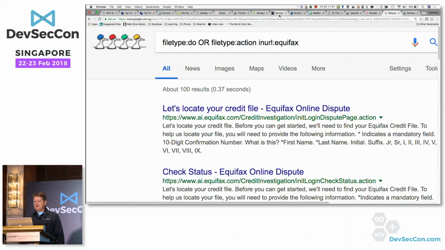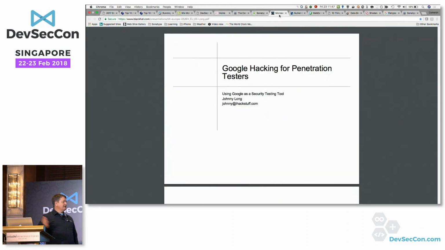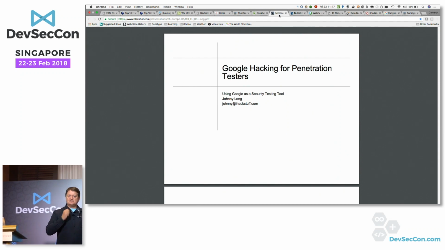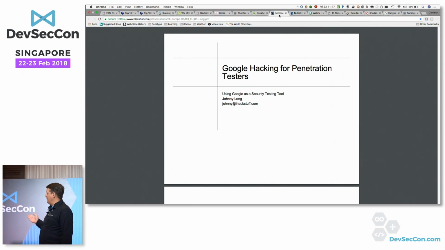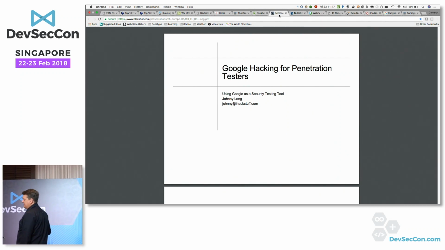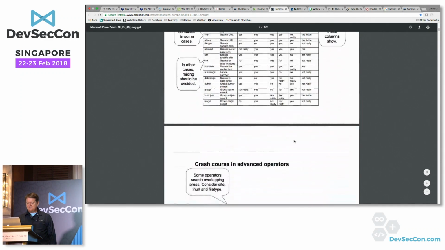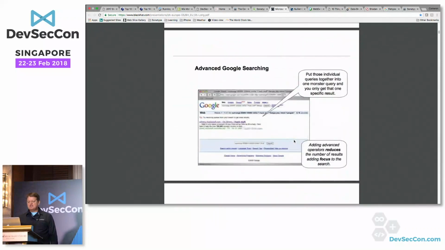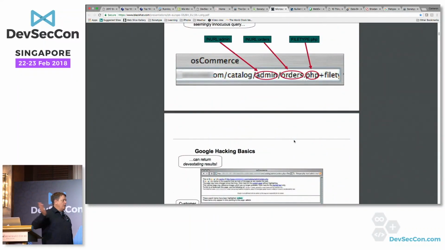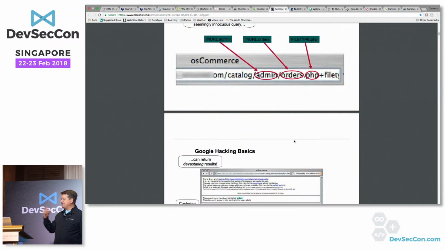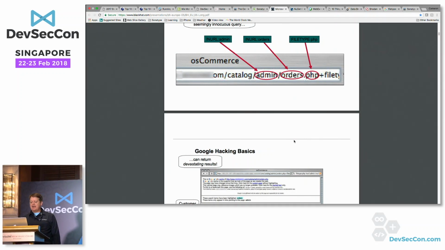There's actually a document here, quite popular, Google Hacking for Penetration Testers. It's pretty much one of the standard documents. The guy who wrote this is a pretty clever guy called Johnny Long. He gives you a whole bunch of examples here. And most of his examples are about hacking WordPress and PHP sites, but the technique's the same. You actually go and find the admin module and you break in.